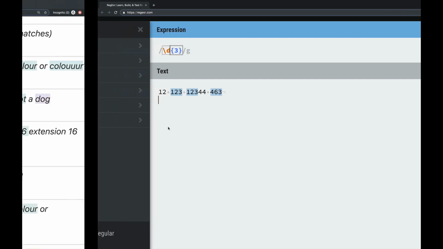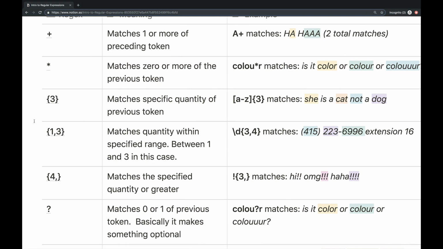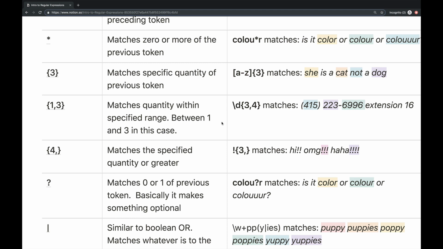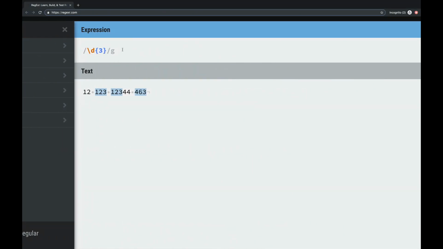So that's the first version of the curly braces, but we can also specify a range. So if we pass in 2 numbers, like 1 and 3 over here, we will match whatever came before it, a letter A or a digit, will match between 1 and 3 of them. So if I come back over here, let's type a phone number. Let's see,